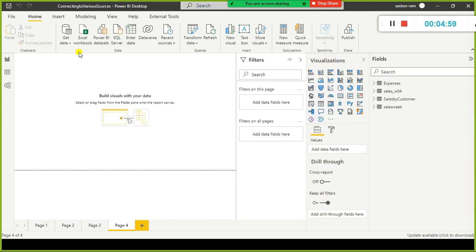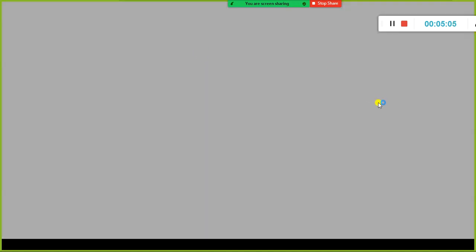Till this opens, let us use this one itself. It takes some time. I'll open Transform data because I want to load the fresh data, and I thought of showing it to you. Anyhow, not a problem, we'll proceed with this one.